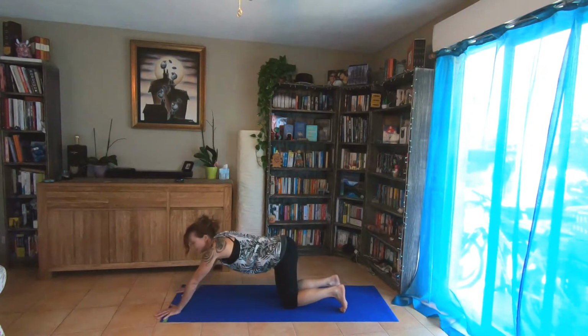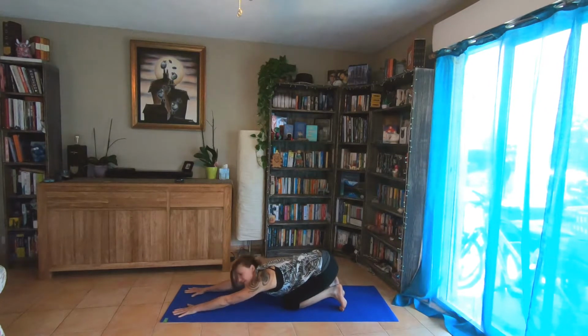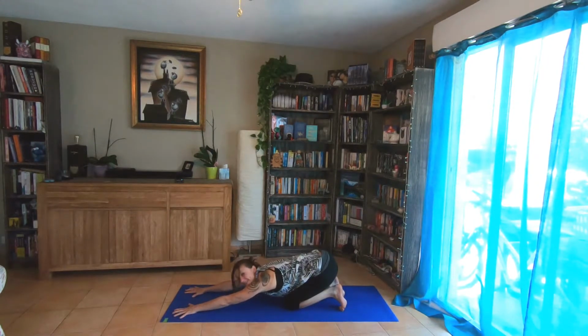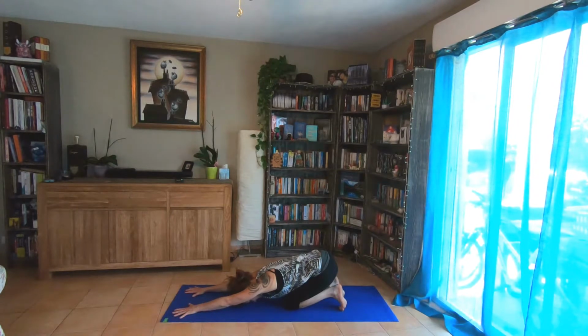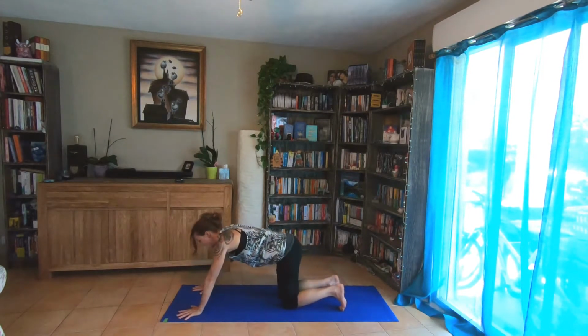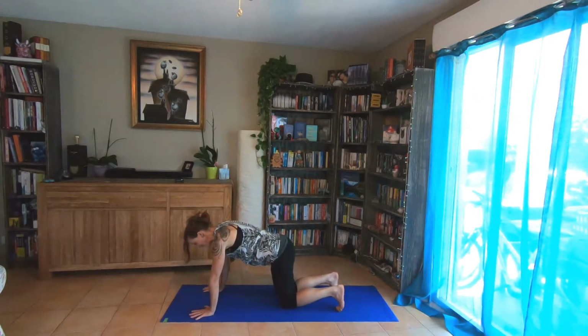Walk your hands forward and sit back. So your chest should be coming down towards your knees, towards your thighs. Chest coming towards the floor. Fingers are stretching away, and just a lovely stretch out here. And this is extended child, so coming out of extended child, hands under the shoulders, knees under hips, and either